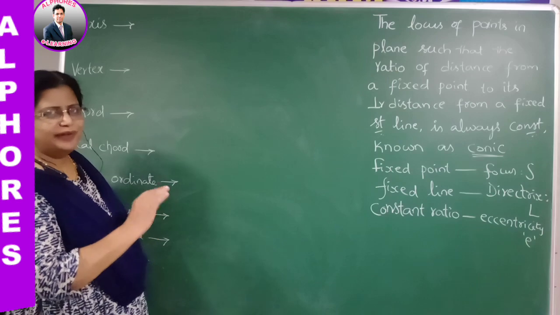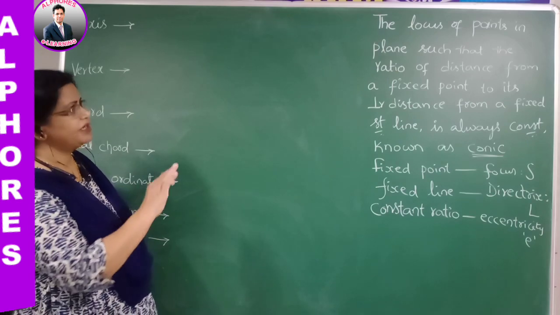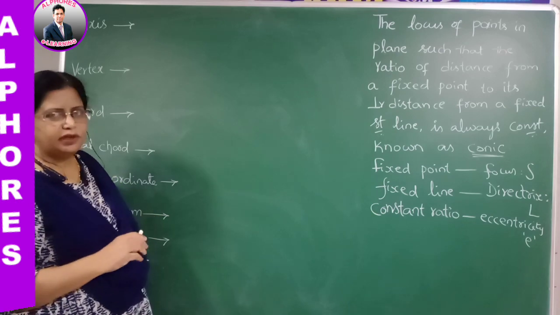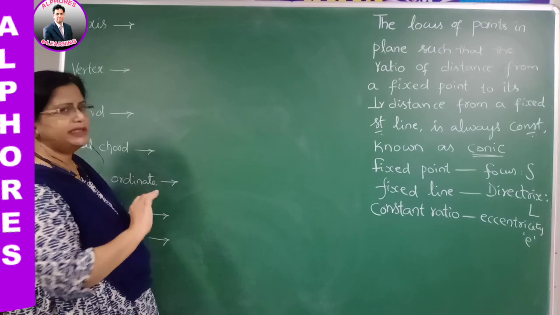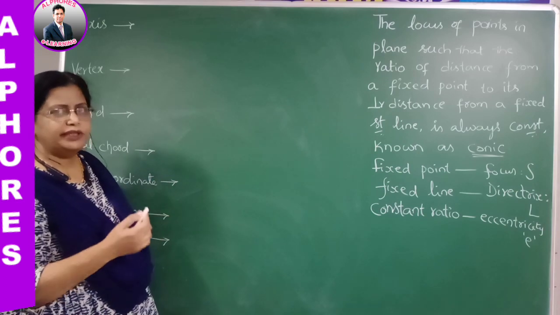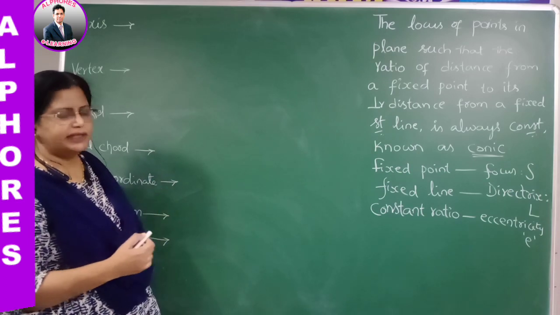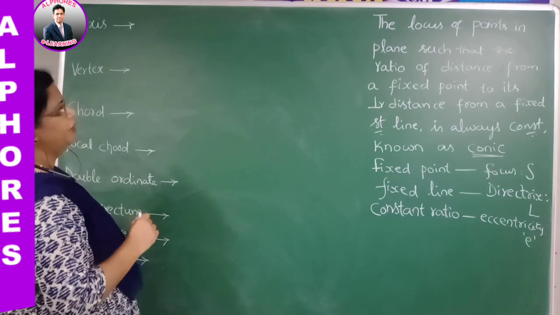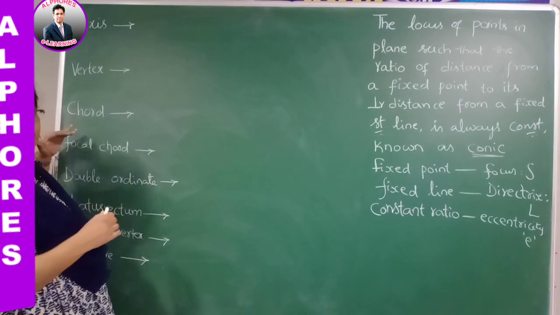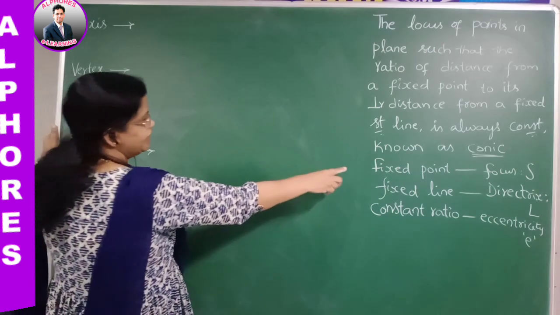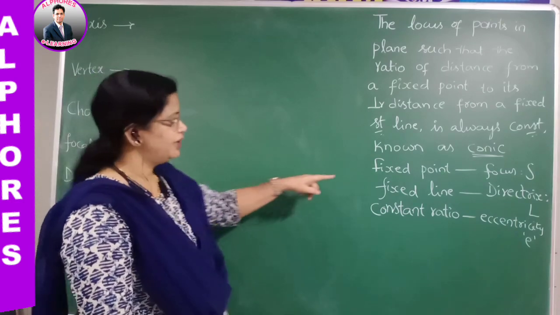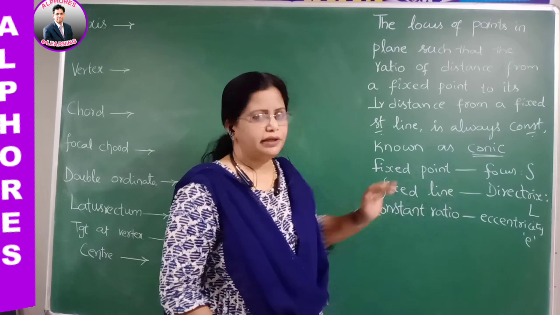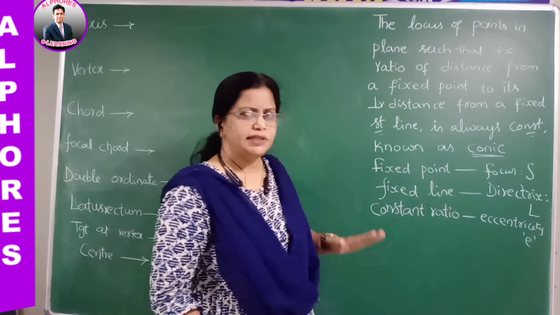So students, till now we have observed the definition of conic, and next, the equation of conic. The equation of conic is our old equation only, that is S equal to 0, second degree in both x and y. Under different conditions, just now we have observed what that equation represents. Now some new terminology is there, students. Let us observe one by one. The first one, which we introduced here itself, is the focus. The fixed point is known as the focus, the fixed line we have taken is the directrix, and the constant ratio we observed is the eccentricity.